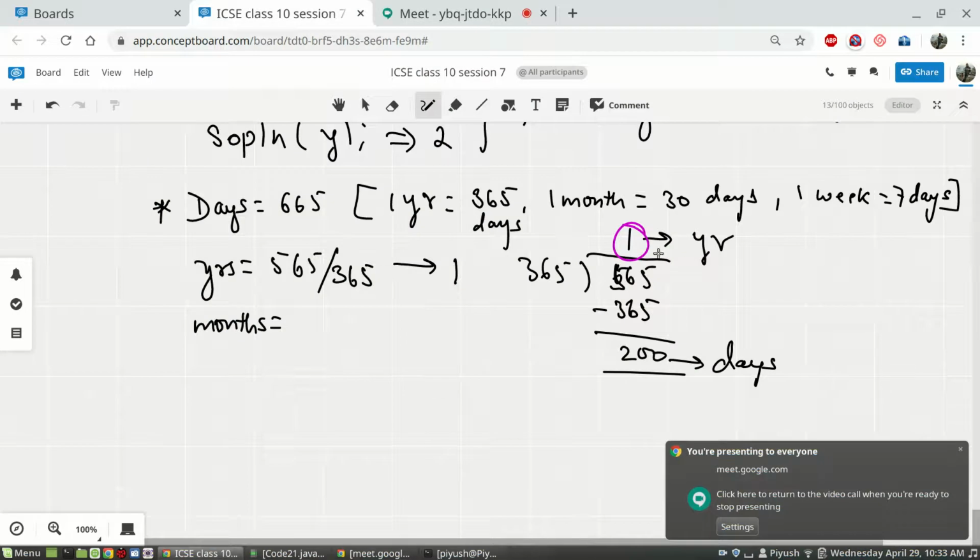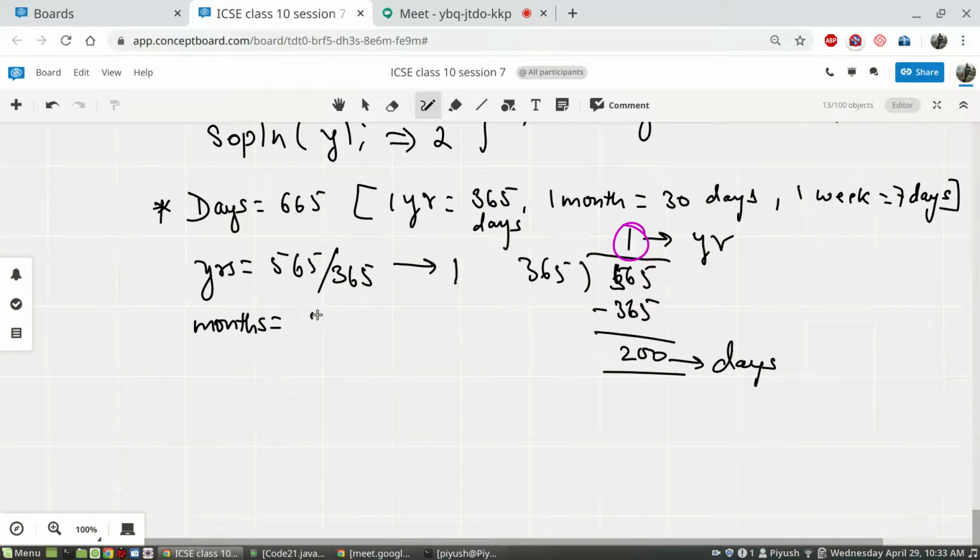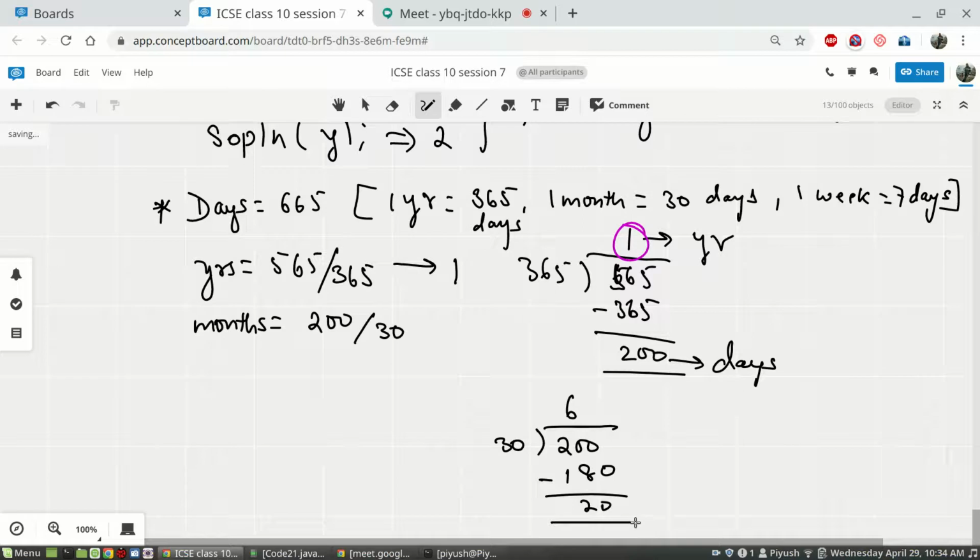What we did was, in the leftover days, we divide this 200 by 30, so the remainder of the previous step, 200 by 30, gives 6, so you got 180, and 20 left. That means 6 months. This will be the month, and these many days are left. 20 days are now remaining after finding the number of years and number of months.